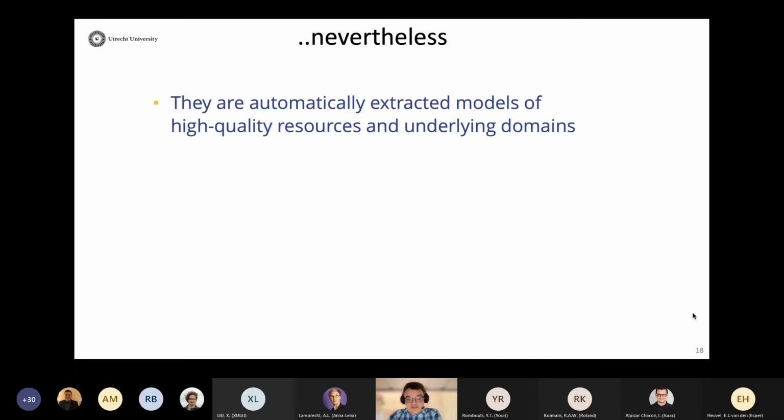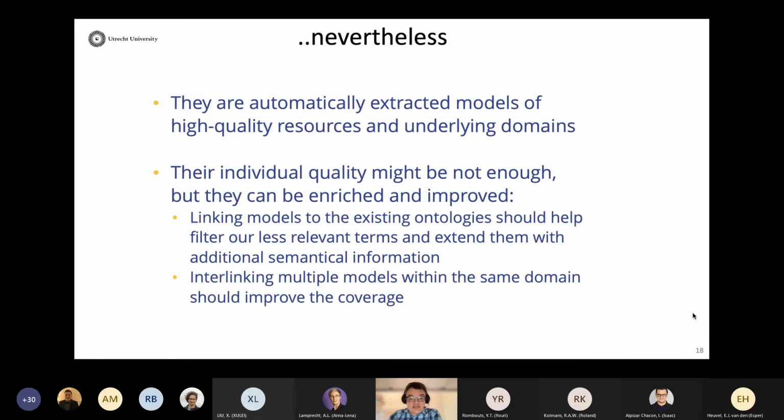Right. So nevertheless, the automatically extracted models of high quality resources, meaning textbooks, and underlying domain knowledge. Even though the individual quality of these models may not be enough, we can do some interesting fixes. For example, we can interlink the models from different textbooks within the same domain together, or we can interlink them to some external models like DBpedia or other linked data sets. And once we do that, then we get access to more semantic information, and also we can get access to